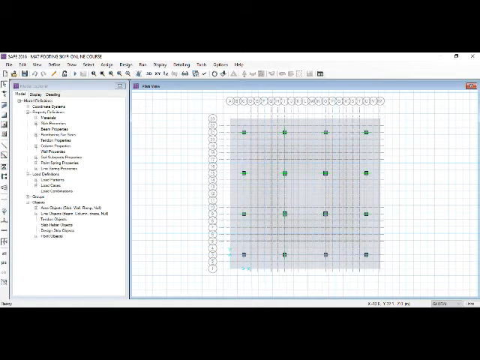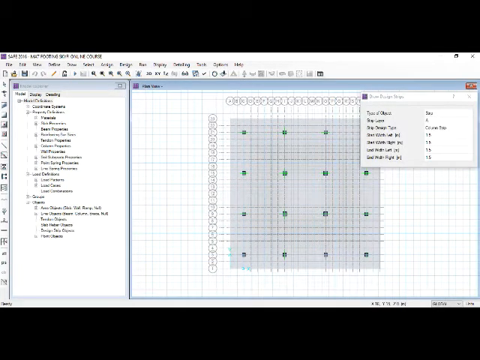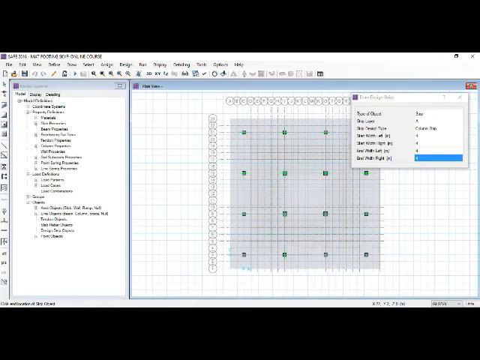Once you save the file, you can go for drawing the design strips. So we'll go to draw design strips. The width of the strips will be 4 meter. Considering 0.25 into 18, it will be 4.5, but we'll consider it as 4 meter. So we'll draw in the x direction first, that is layer A, and then we'll try to draw in the y direction, that is layer B.